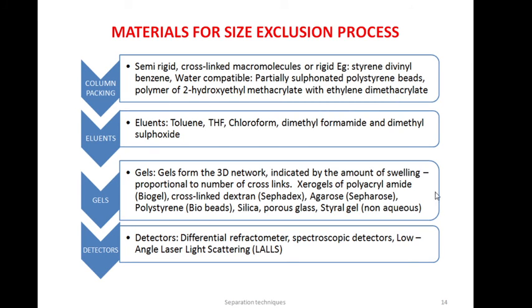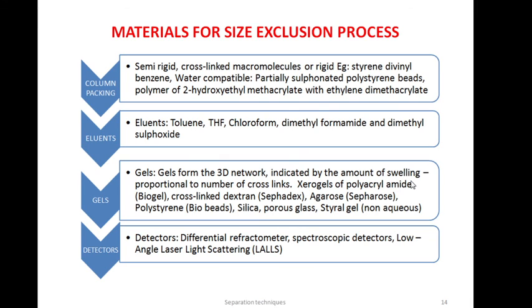So I shall cover the gels also here. So the column packing is a gel. The gels form a 3D network, indicated by the amount of swelling. So more the cross-linking, more the swelling. We need the column to swell more. For example, when you soak rava, okay, rava is dry. When you soak it, it has to increase in volume. That is called swelling. Why does it increase in volume? It will absorb water and increase in volume. More the swelling, softer your idlis are going to be, right?